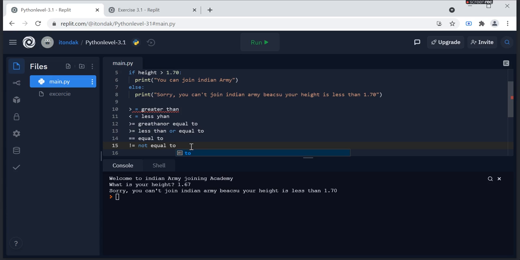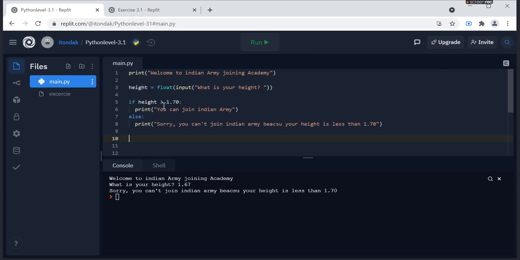It's important to remember the difference between single equal and double equal.